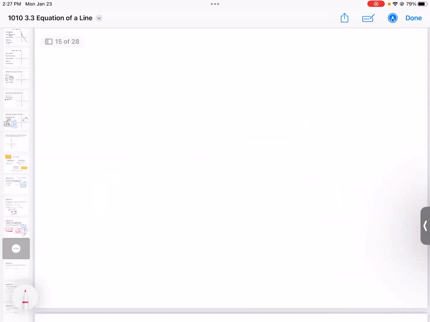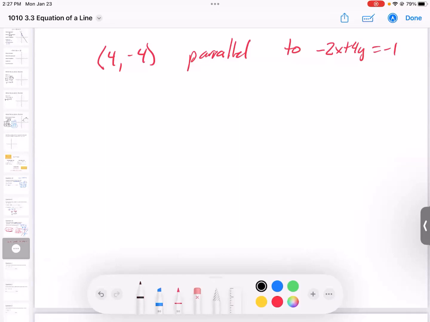Okay, so you had the point 4, -4, and was it asking for a line parallel? Yeah. Okay, so parallel. And what was the equation of the line it's parallel to? Like that? Okay, awesome. So the first part is going to be very similar to what I did,